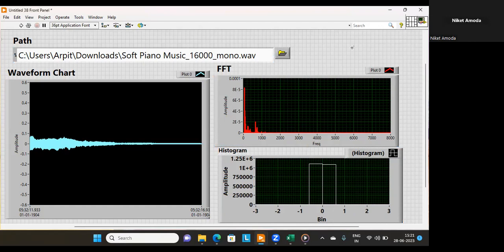So now we have played an audio file. We read an audio file, then we played with an FFT and played with the histogram. Okay, so there are so many such options. Now, next thing,